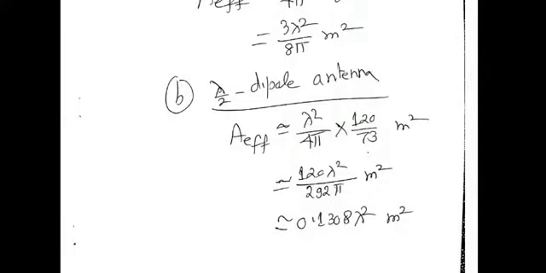Watch out here. Most of the time, instead of saying directive gain, people use the maximum value of directive gain, which is directivity. We assume that we are talking about the direction of maximum radiation. That's why instead of directive gain, I'm putting directivity. That is, the maximum value of effective aperture is being looked at by default. So this gives you a formula. You don't need to remember these formulas. Generally, we apply them intuitively.